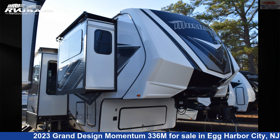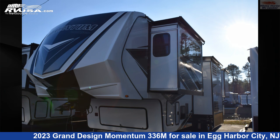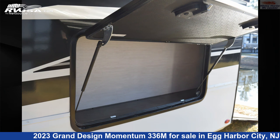This 2023 Grand Design Momentum 336M is a toy hauler RV. It is located in Egg Harbor City, New Jersey, 08215 and is offered for sale by White Horse RV Center. This new Grand Design is 39 feet 10 inches in length and features 5 slideouts, sleeps 6, slideout, skylight, awning,